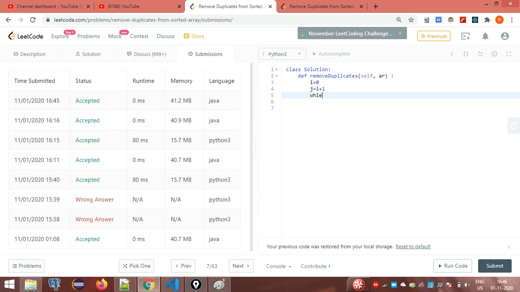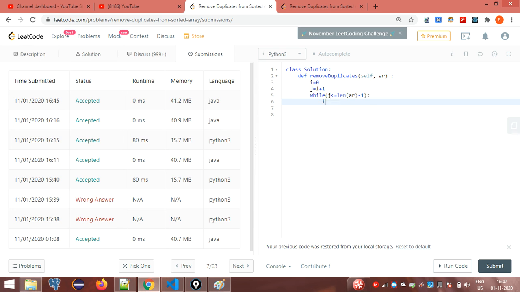Now you need to call a while loop and go up to while j is less than length of array minus 1, because if the array's length is 5, we will go up to the 4th position, so that's why I have done minus 1.